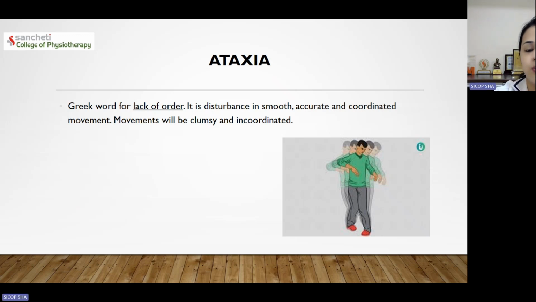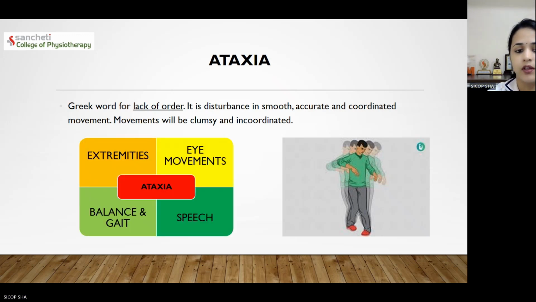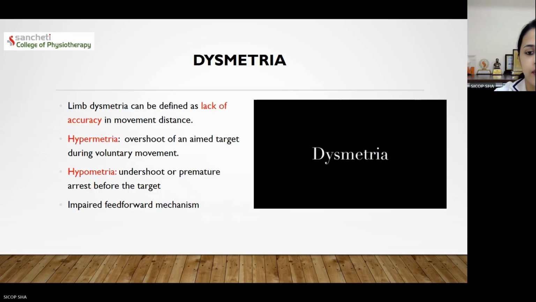In our patients, in what movements will we find this ataxia? Ataxia can be seen in the following areas: in eye movements, where we call it nystagmus; in speech; in balance and gait; and in the extremities. When we see it in extremities, it is incoordinated movement, ataxia, and tremors. The next sign that we are going to see is